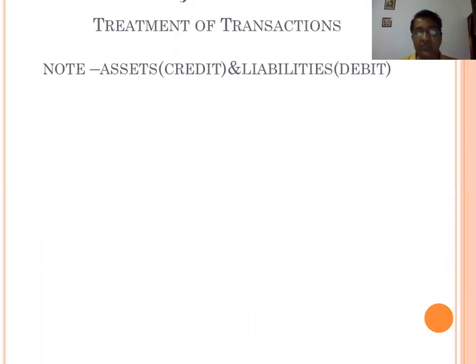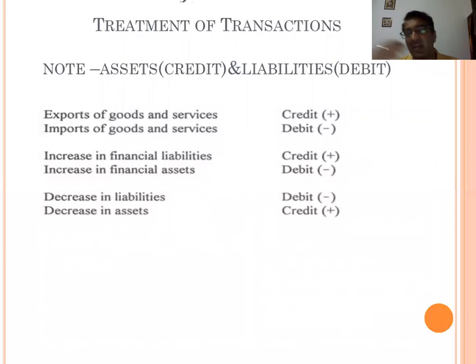Now the last, some important transactions which we record. Sometimes it is the most important, because sometimes they ask questions. The item is given, and you must say which side you will record it and in which account. So we have discussed what is capital account, what is current account, and the components of capital and current account. All transactions which are related to the current, we will record in a current account. The transactions which affect the assets and liabilities of the country, we will record in a capital account.